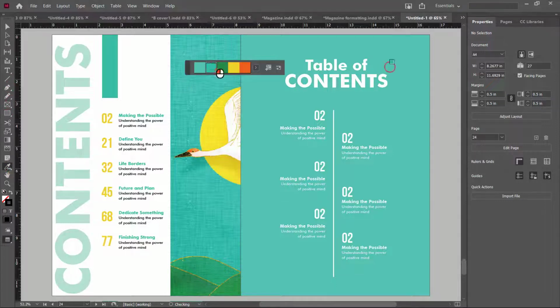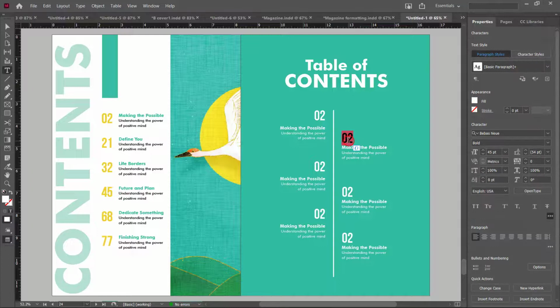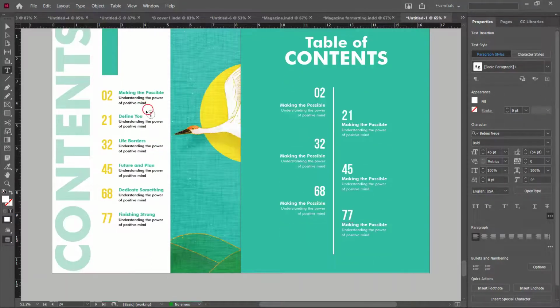Let me make it more darker. Okay. So you can see this one is 02. Let me change this thing. 21. This one 32. This one 45. This one 68. This one 77. But with different text. Let's copy this guy, bring it here,